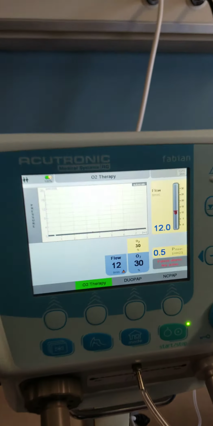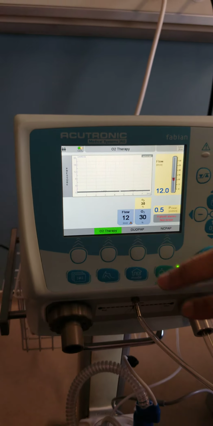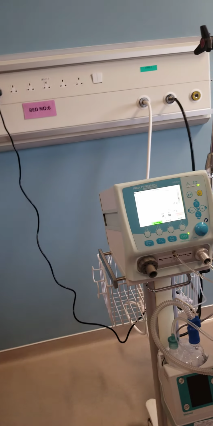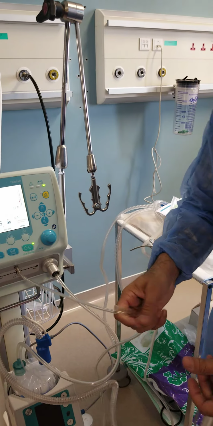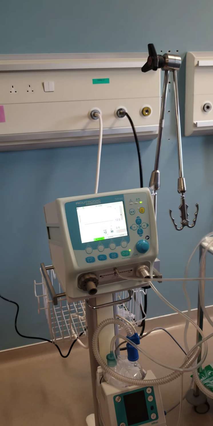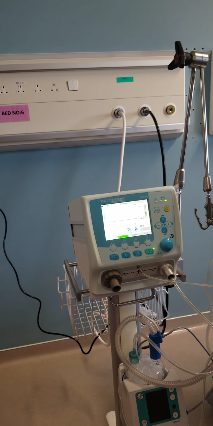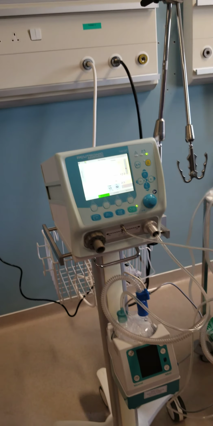In that case, I'll just select high flow oxygen therapy, select how much oxygen and flow, and that's all. You have to change the interface. For CPAP and BiPAP, you have to have the infant flow fluidic flip generator. For this one, you just use your standard RAM cannula. So that's all.